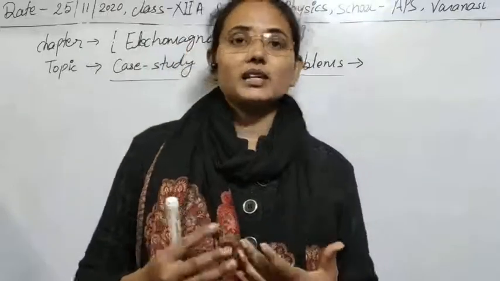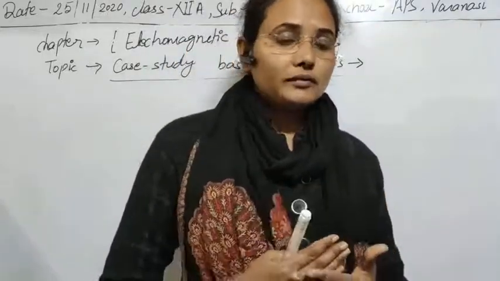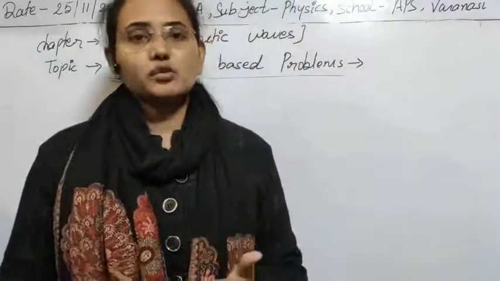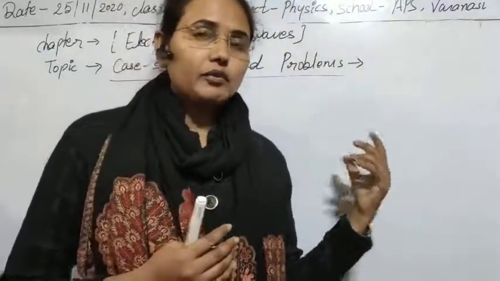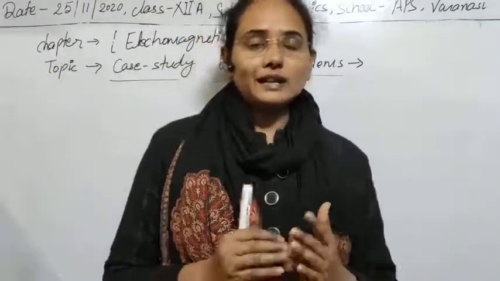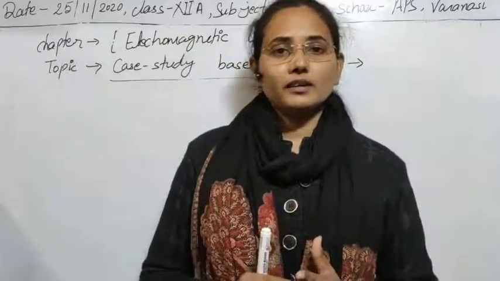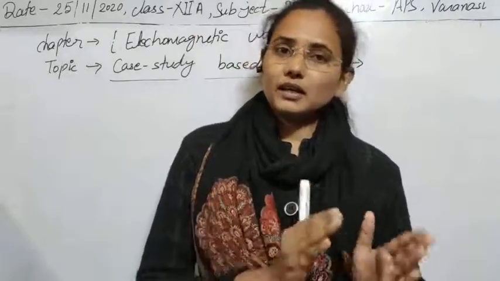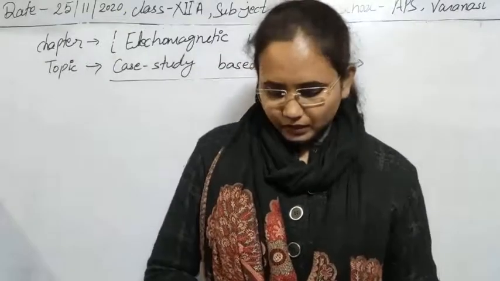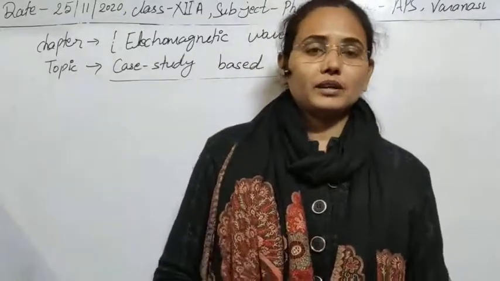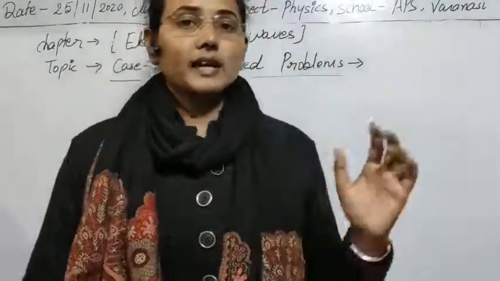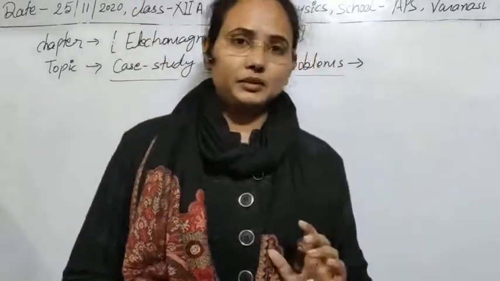And again the question can be asked: the production of magnetic field with the help of electric field, which equation shows it? So again you have the fourth equation, modified Ampere's law. Modified Ampere's law tells us that if there is change in electric field, then due to change in electric field a magnetic field will be produced. So this is the case of magnetodynamics. I think it is clear to you what the cases of electrodynamics and magnetodynamics are.